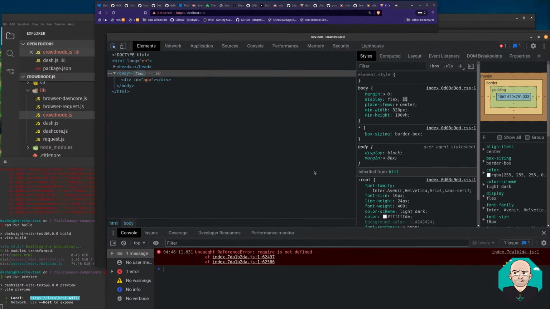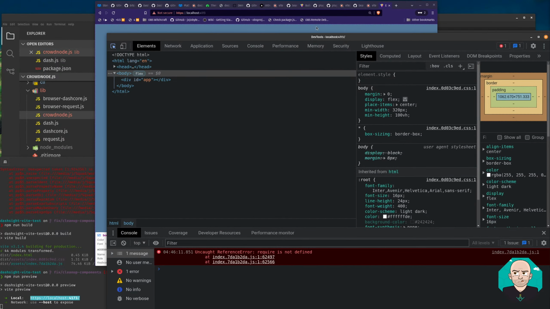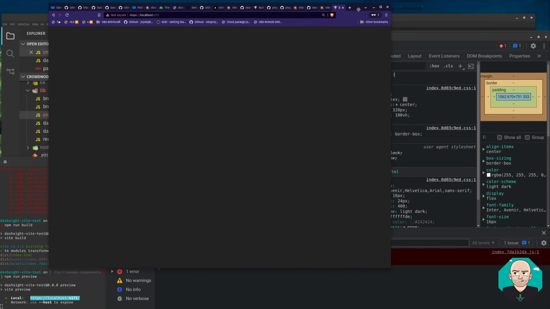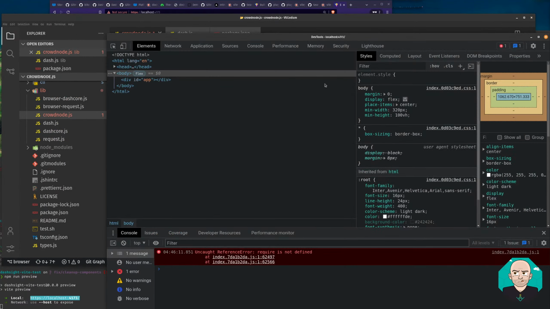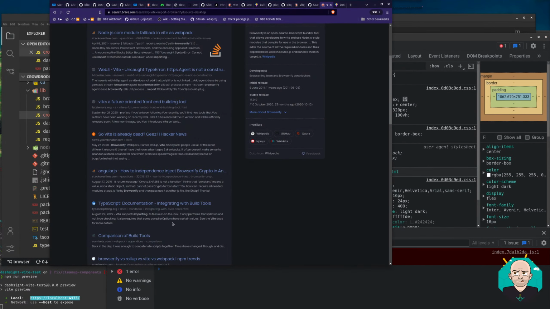That doesn't bode well. Require is not defined. You don't say. Well, I got past the error, but